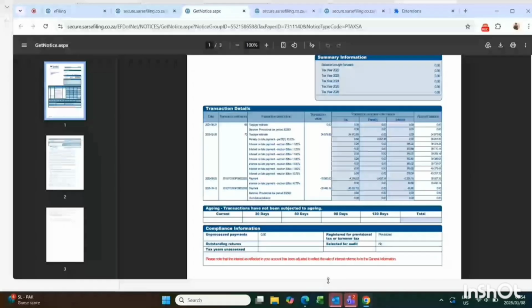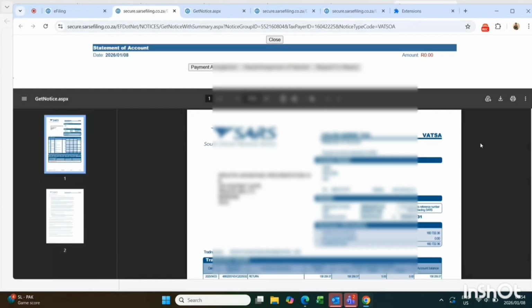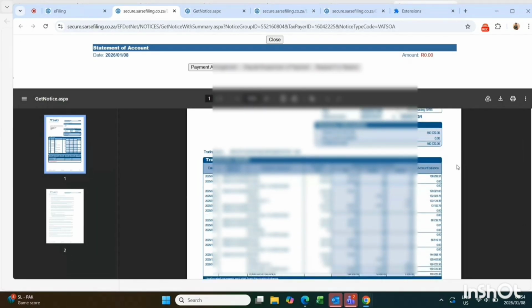Good day, my name is Tabero, and today I'll be showing you how to check for the payment reference numbers for different tax types. So starting with VAT, you open